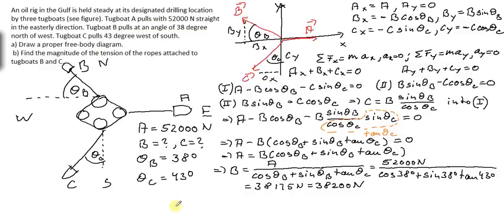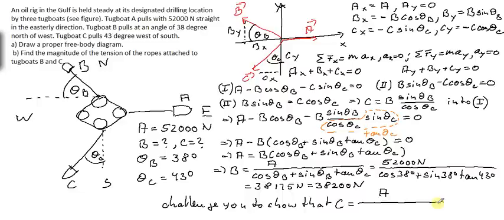I challenge you to show that C equals A divided by the cotangent of theta B times the cosine of theta C plus the